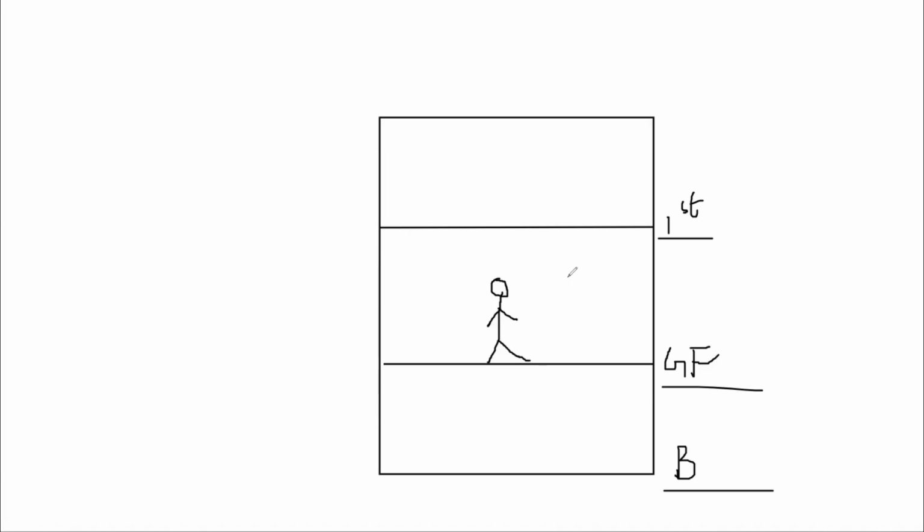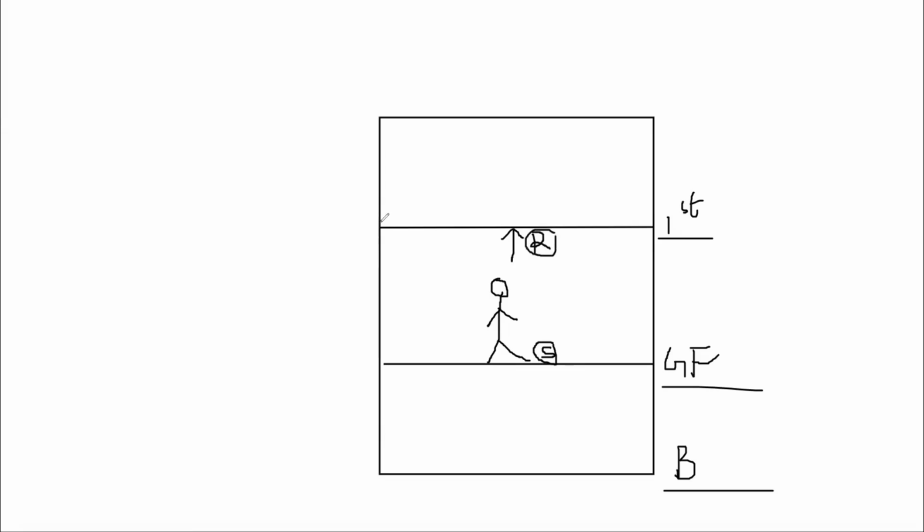Apologies for my drawing, I am not good at drawing. So just assume that you are standing here on the ground floor, where you are standing on the floor, right? So the floor is your support. What is this? Ceiling, right? If this is the first floor, then this is the ceiling, and that ceiling is your resistance. Correct?